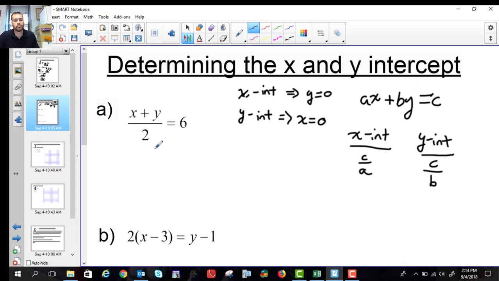So we're going to try to do that by multiplying, just like we did in the last slide, multiplying everything by the denominator. The denominator is 2, so now I'm going to get x plus y, because that 2 is going to cancel with that 2, and it equals 12. And now I can say my x-intercept